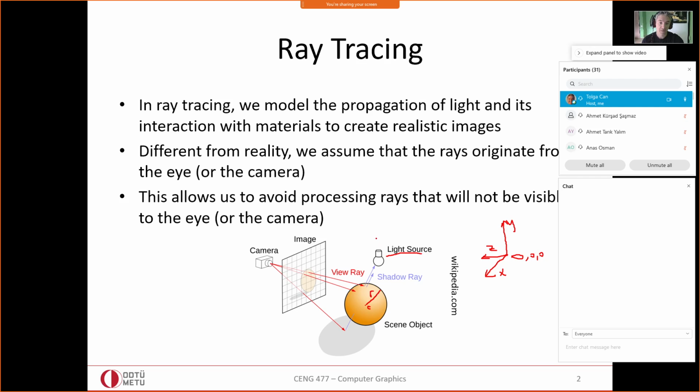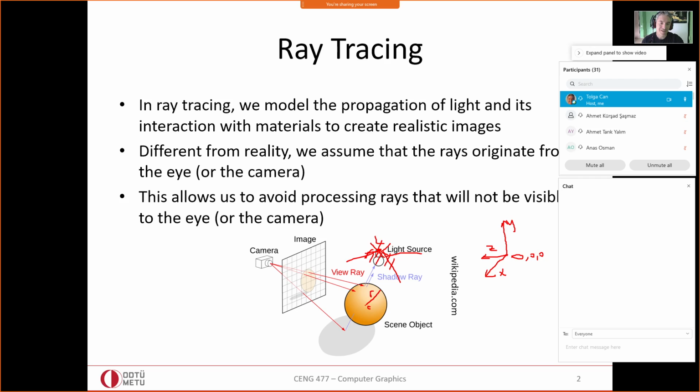Let's call it L. It may have a position. The light source may have an x, y, z position in the scene. It may be omnidirectional, a point light source which emits light in every direction. It may be a directional light source which emits light in only one direction. Or it may be a spotlight, in which only objects within a certain cone will be illuminated by this light source. So there may be different parameters of the light source, but what we need is this position,